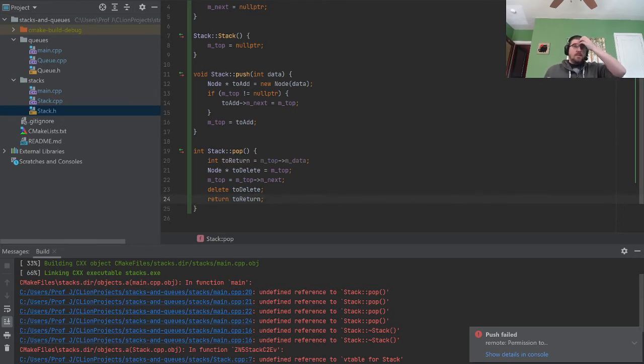So what we're doing is this first line, we're saving the value that's currently on the top off to the side so that we can return it later. Then we're getting a pointer to the top node on the stack so that we can delete it later. Then we're moving the top pointer down one on the stack so that we can safely delete what was on the top and then return the data that was on top.